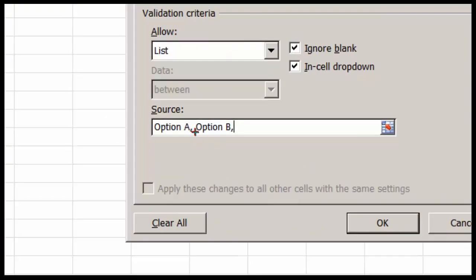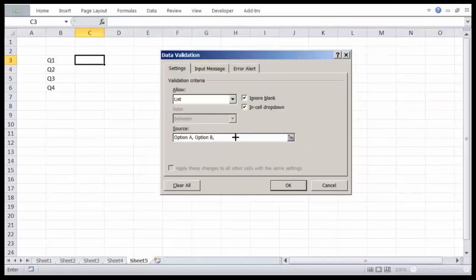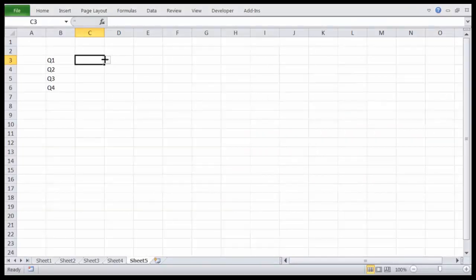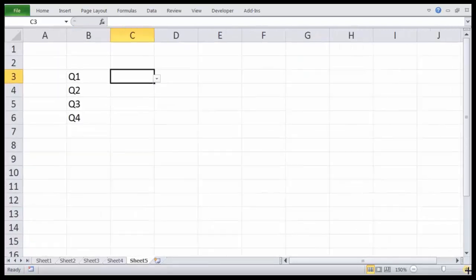Please ensure that you put a comma between the two. When you put a comma, Excel treats it as another value. Let me show you two values. Press OK. See that now you have the drop down. This is the list. If you click, you have option A and option B.